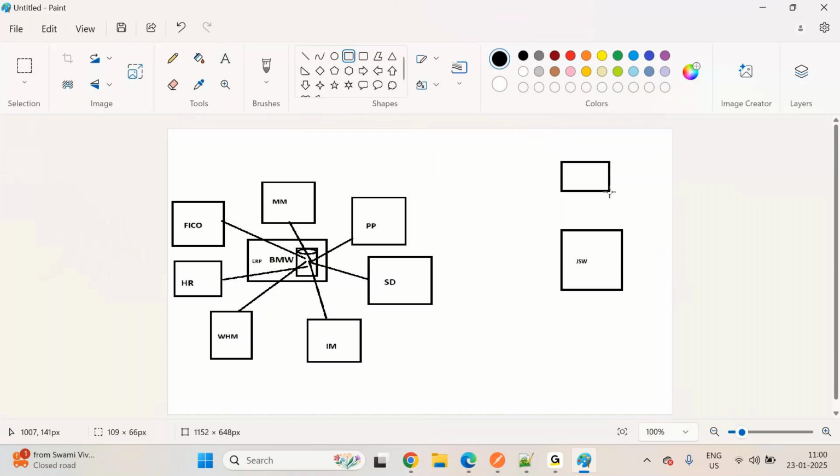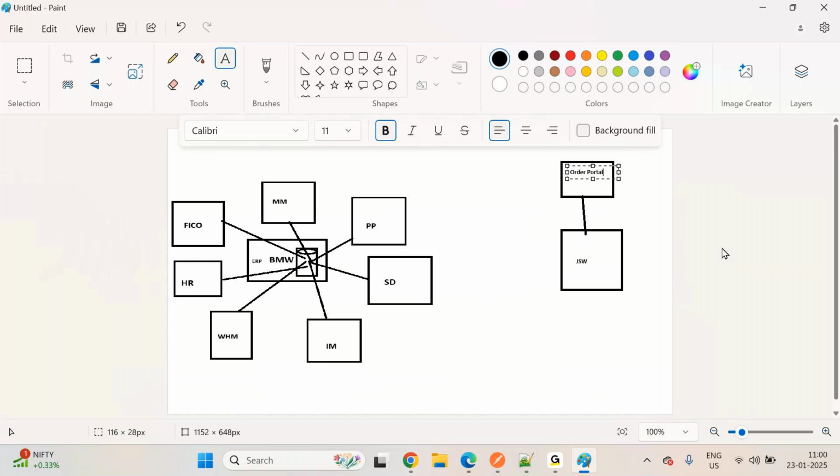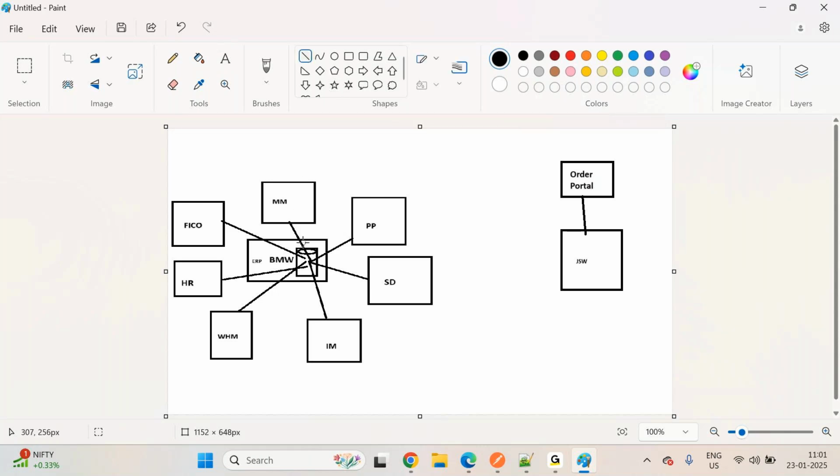So here you can see, this is very simple. They have one portal to accept orders from other companies. This is the order portal of JSW. Why I'm explaining this is, if I want to send a request to JSW, because I don't have iron in the BMW company, then I have to place a request from the BMW organization to this order portal of JSW. Actually, when we are directly connecting with other third-party enterprises,